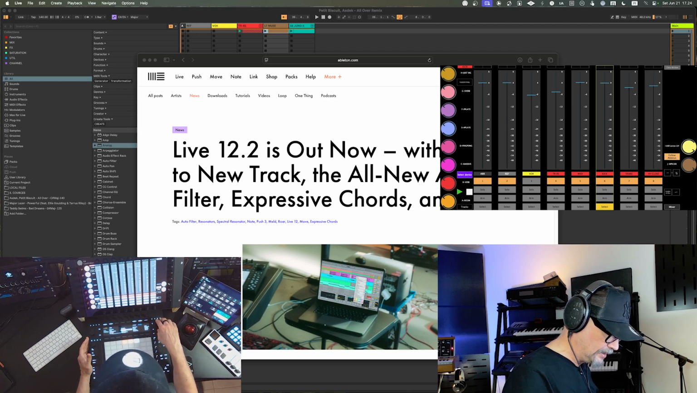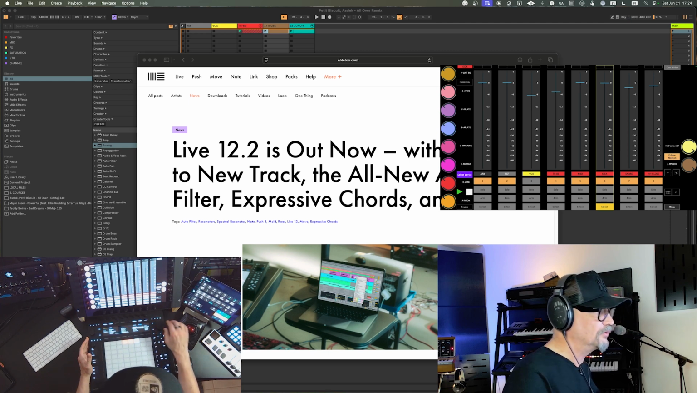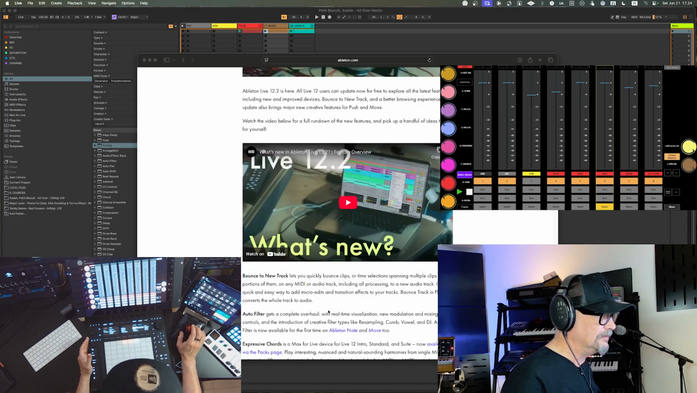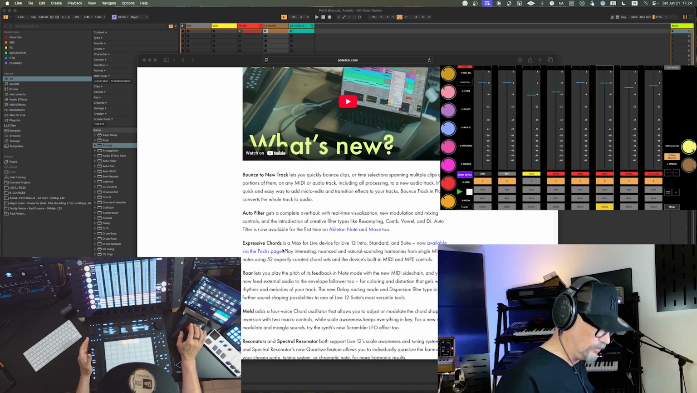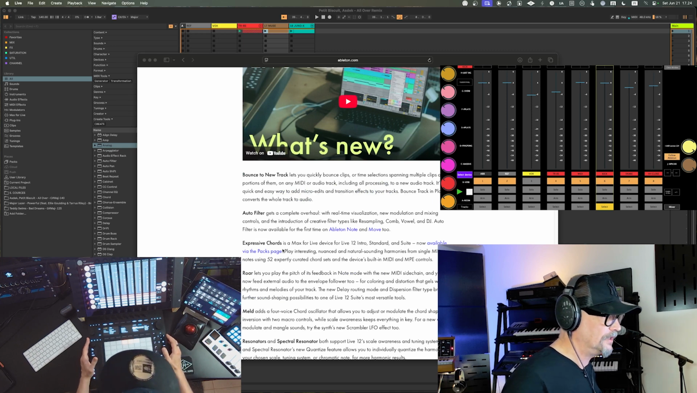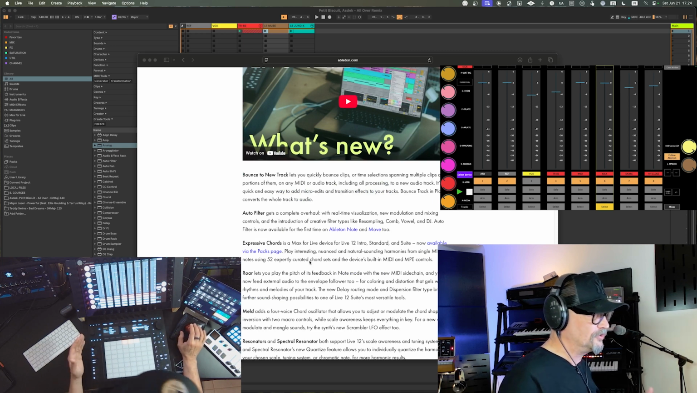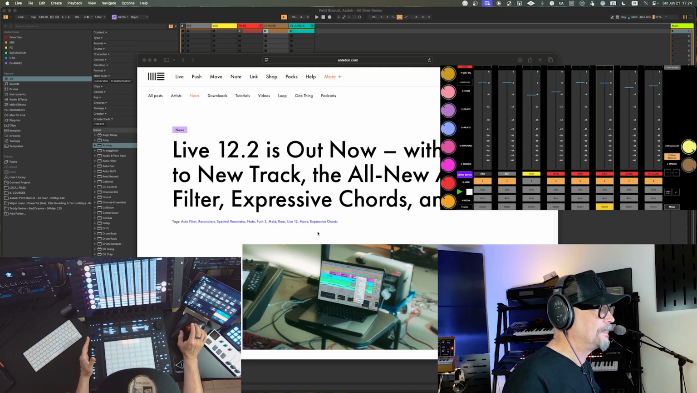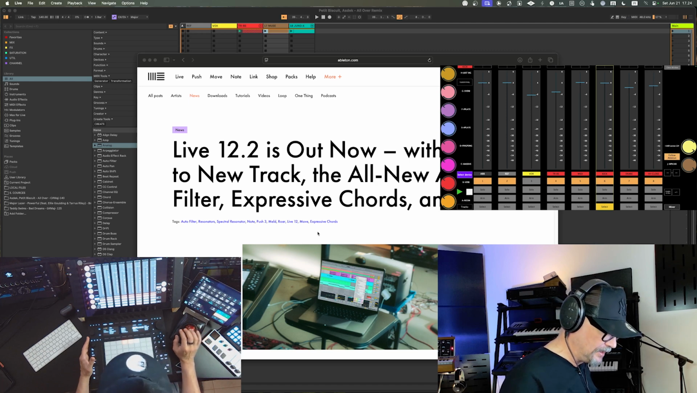And then they improved certain devices, like Meld, Roar, and they also brought a new Expressive Chords that is integrated with Push 3, and of course you can do it also the other way around, so it's not that you need to have a Push 3 in order to use the Expressive Chords. But anyway, that's also something that Push 3 is supporting. But yeah, biggest for me is and has been the